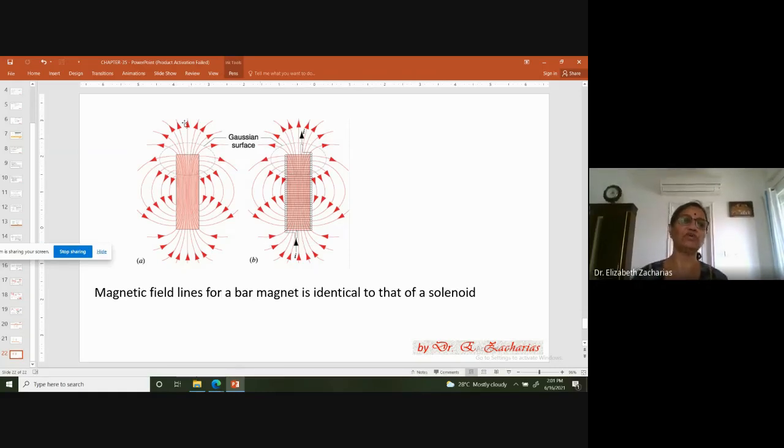So what he is doing here is, he is drawing such a picture for a bar magnet, and then he is doing such a picture for a solenoid also. After all, both of them are the same. A solenoid and a bar magnet have identical magnetic field distribution. Therefore, you're not going to get any different for both these sources. So with this, we are winding up this particular chapter.